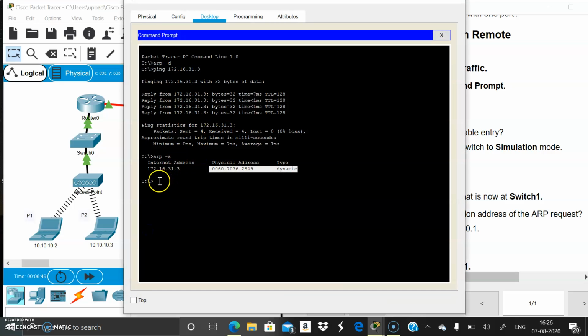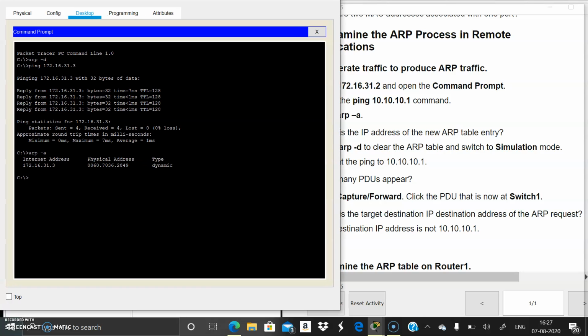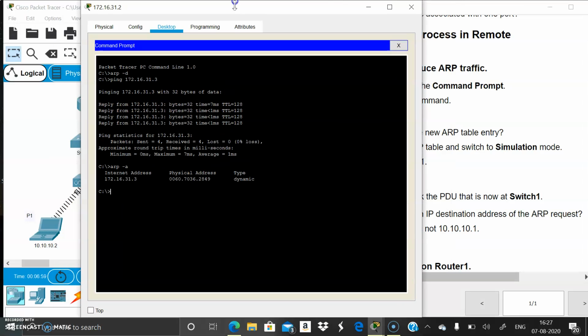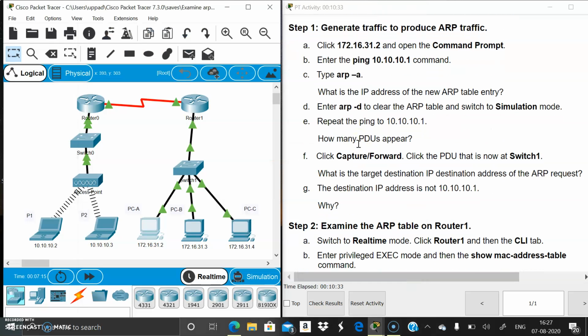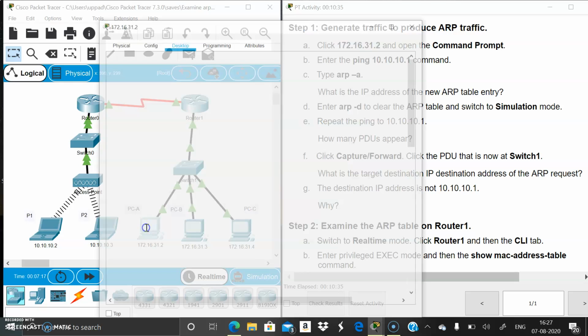We have already opened the desktop and command prompt. Now we have to ping 10.10.10.1. Okay. Now type arp -a.